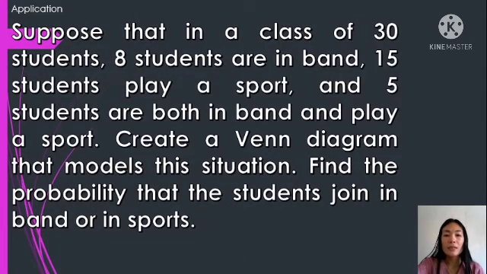So let's proceed. Suppose that in a class of 30 students, 8 students are in band, 15 students play a sport, and 5 students are both in band and play a sport. Create a Venn diagram that models this situation and find the probability that the students join in band or in sports. So in order to illustrate this situation, we have to